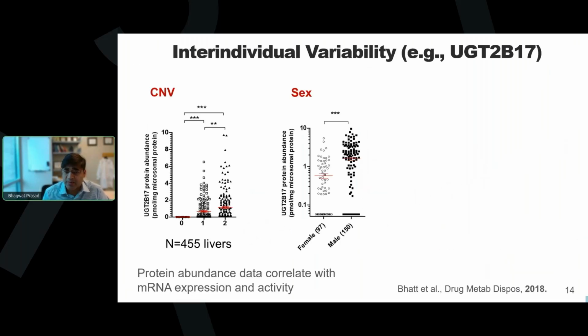Here is an example of UGT2B17 that in biology, these proteins can vary significantly. We have individuals, almost 25% of patients, who do not have this particular gene. This is a drug metabolizing enzyme, and we don't have a clear phenotype in these gene deletions. So it's a non-lethal genotype. There is no clear phenotype in this particular case.